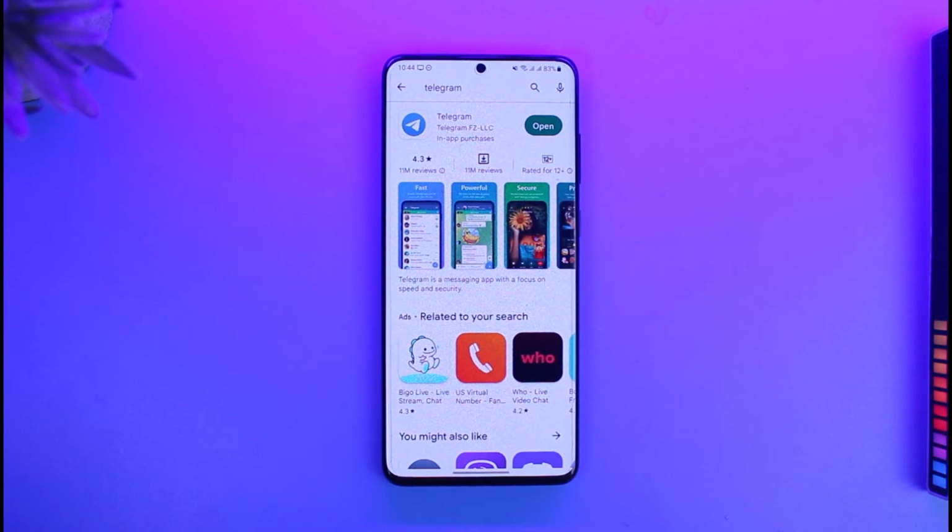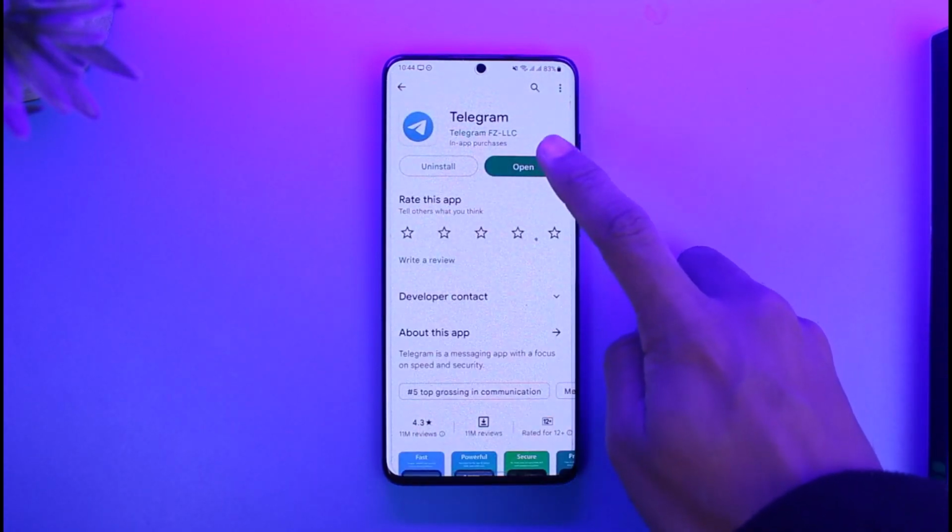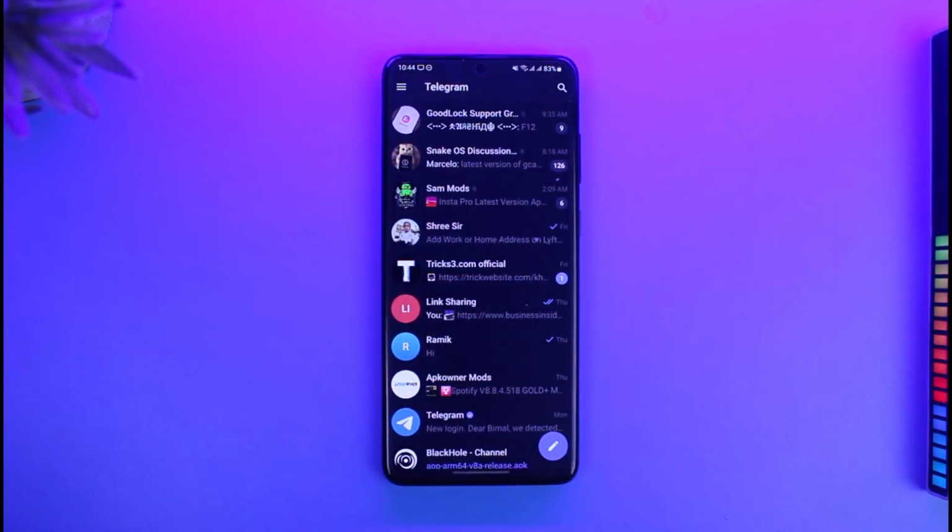In order to hide our online status on Telegram, it's actually very simple to do that. All you have to do is go ahead and just launch the Telegram application. By default, other people will be able to view if you're online currently, and you'll also be able to view if they're online if they've not hidden it. So if you want to hide this feature, in other words to hide your online status,